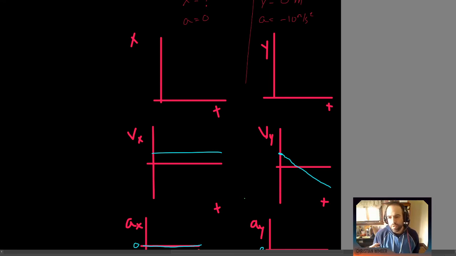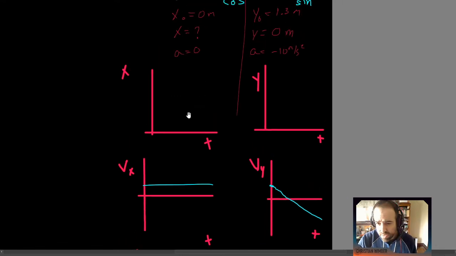So we know the values of those two velocities. The horizontal velocity is not going to change. It's going to be the same the whole time. Vertical velocity will be changing. Now, as far as the position goes,